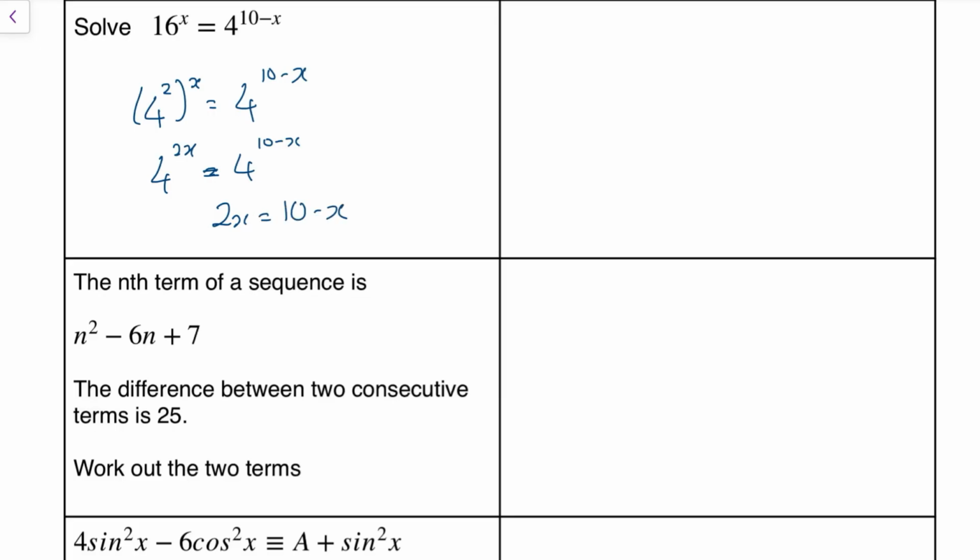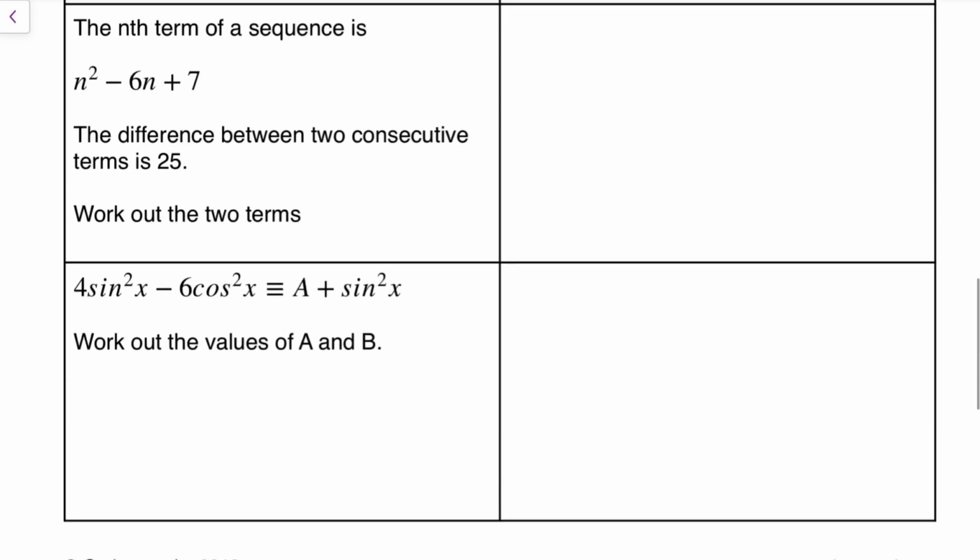Add x to both sides, tells me that 3x equals 10, and that means my final answer is going to be x is equal to 10 over 3. And that is question done. Not too bad at all, that one. Good question. Next question. The nth term of a sequence is, so obviously this is, I'm going to write un,